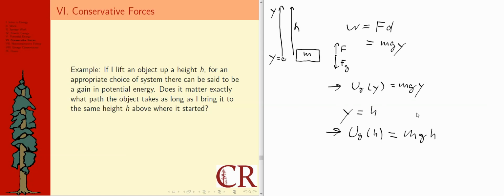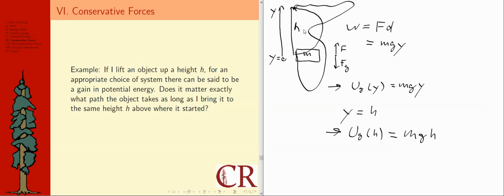But what this question is really about, because we argued that this function had to be what it is based on the amount of work it would take for me to do this. What if instead of lifting it straight up, I followed a path kind of like this? What if I followed some crazier path? What if I first went down, then I went over here, and for some reason I went over here and I still wound up at the same spot?